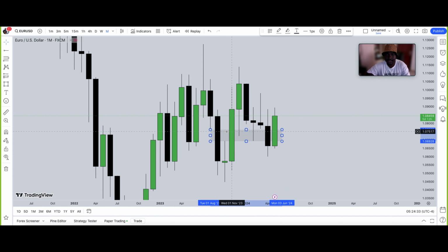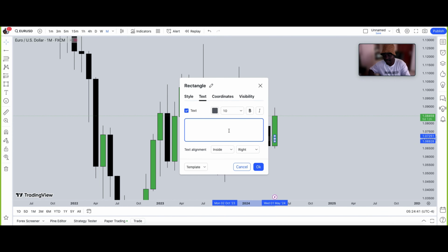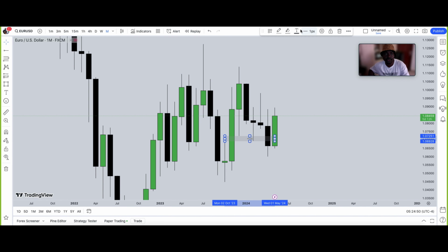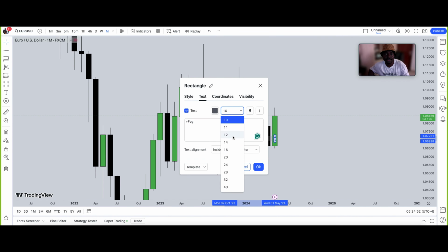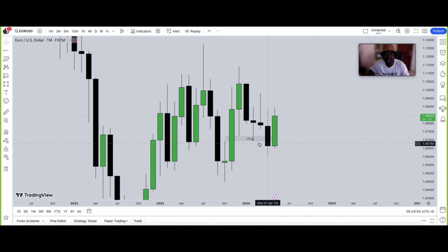And of course, as a result, later on we had this fair value gap. So this fair value gap was offered at this point here. So I'm building my basis or my context from that monthly fair value gap, right? This one here. So looking at it, just a moment, let me increase the font size. This is the fair value gap,